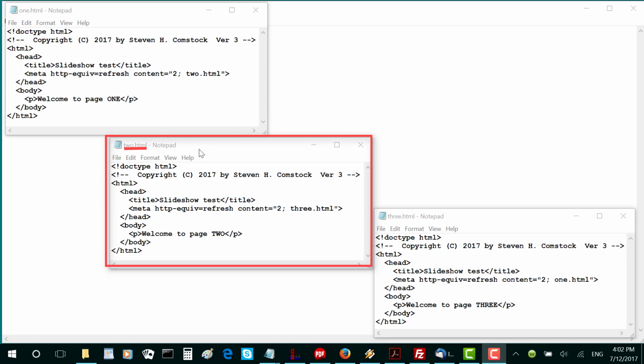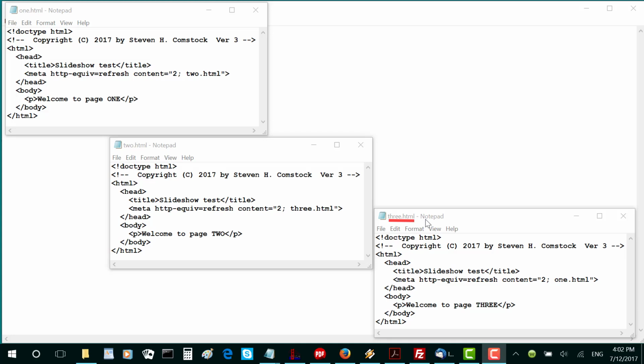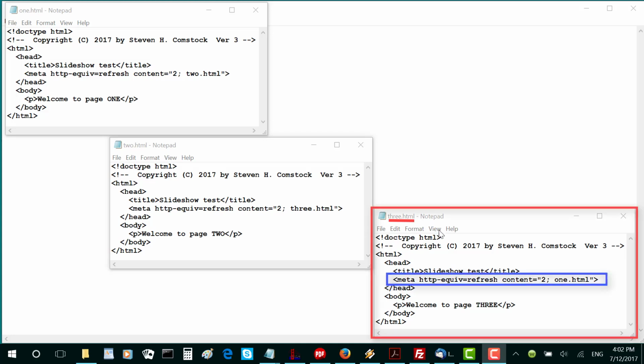In 2.html, same structure, but here the HTTP equiv refresh points to 3.html and the paragraph, welcome to page 2. And finally, on 3.html, the meta says to refresh in 2 seconds, going back to 1.html, and its paragraph says,